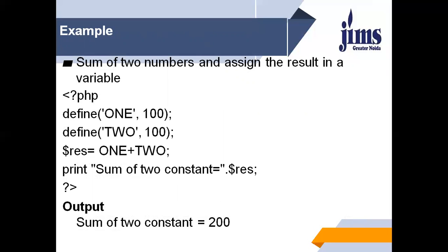Let's see one more example. Sum of two numbers and assign the result in a variable. So we are defining one constant by ONE and we are assigning 100 value to it. We are defining one more constant TWO and we are assigning 100 value to it. And then we are summing them, 1 plus 2. So value of 1 is 100 and 2 is also 100. So by summing, the sum 200 will be stored in res, and then you print sum of two